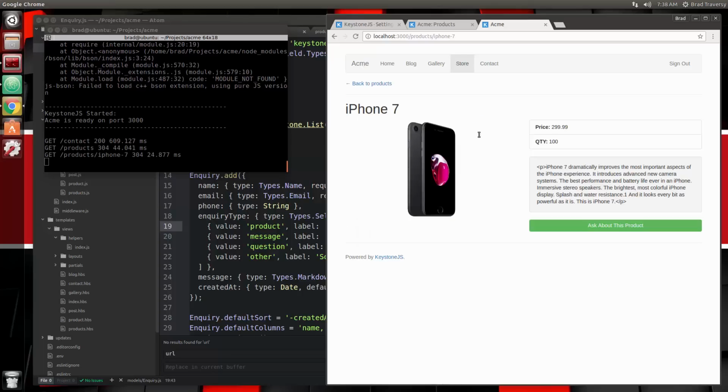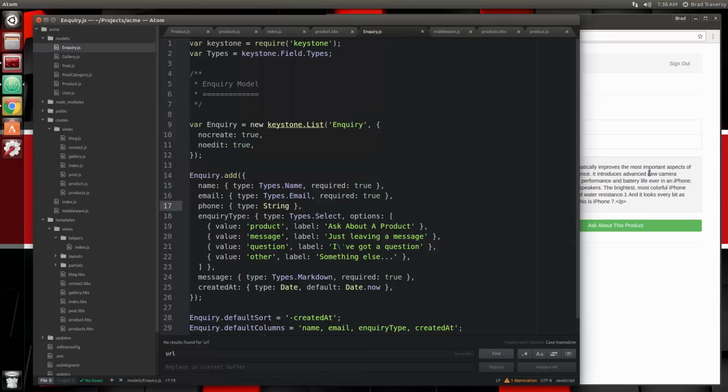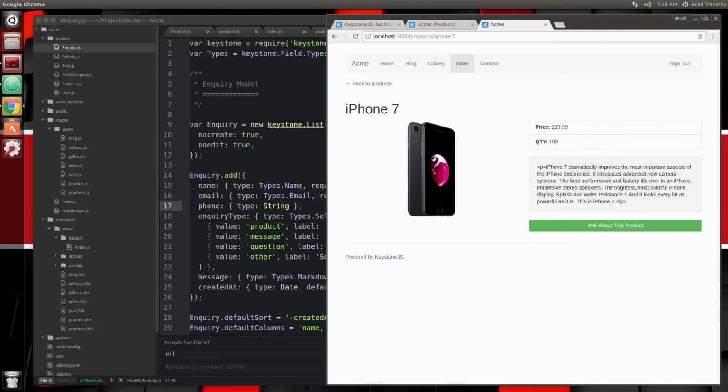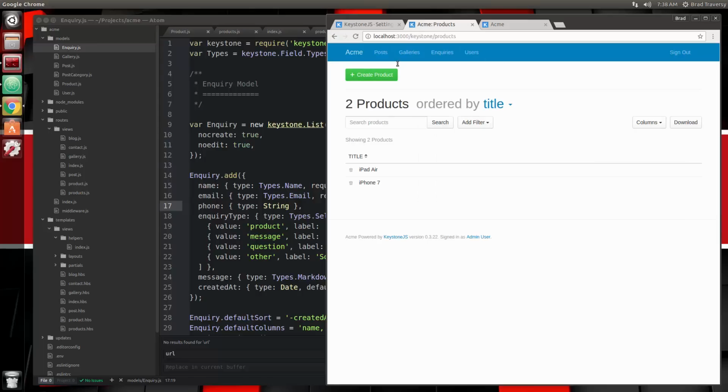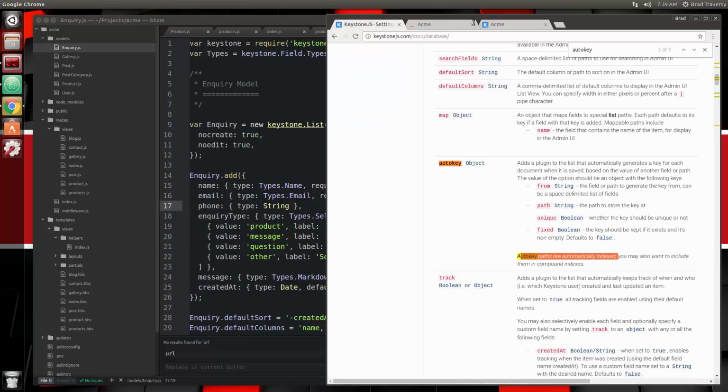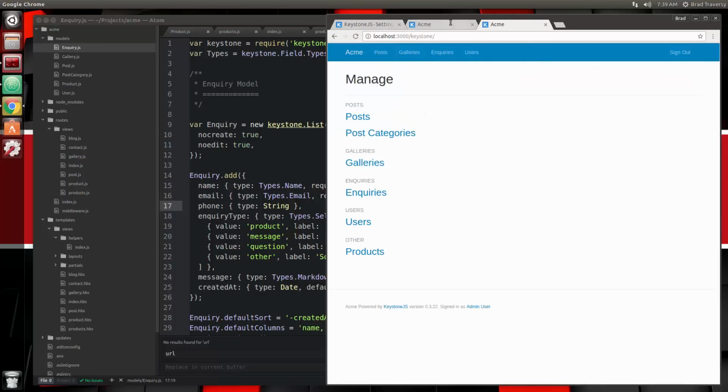Alright, so we have successfully added an entire resource to Keystone. And you could do this with anything. If it was a to-do list or a music gallery, albums, movies, something like that, you can do absolutely anything, and you can have this admin area for it as well. So it's pretty nice. Now, last thing I want to do is on the front end,